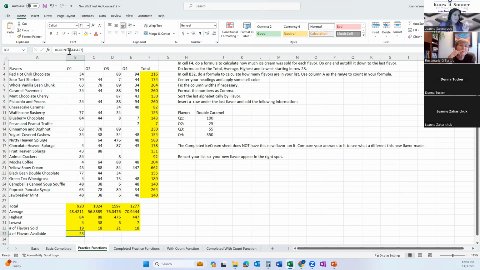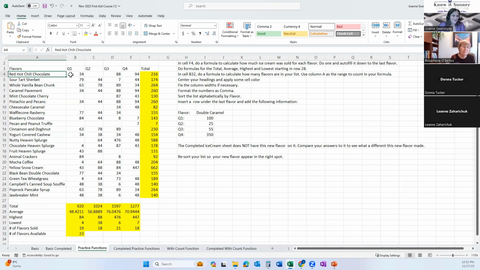Now it's important to know it's not count A because the stuff I want to count is in column A. So if I was trying to count this text over here, it wouldn't be count H. And this stuff over here in column V, it wouldn't be count V, right? It's always count A if you want to count it. You think of it like alphanumeric or all. Count all things in here. Count everything that's not blank. Because there is also a count blank, right? So, yeah. Any questions with those? Pretty easy. Would you use those?